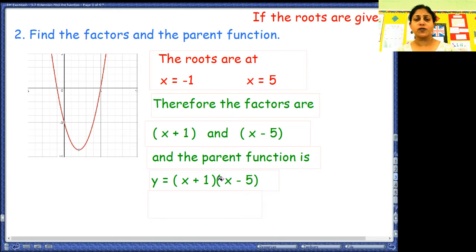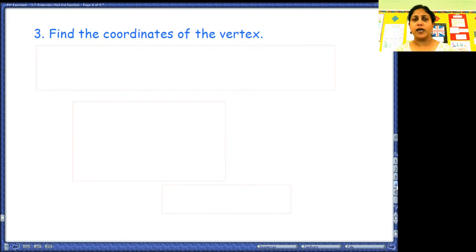And you may not want to leave this in factored form. You should multiply it out so that you can see the standard form of the quadratic function. So we know the function, we know the equation of the axis of symmetry, and now we're going to